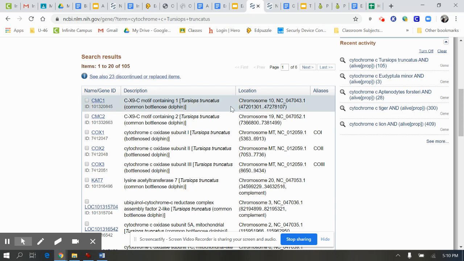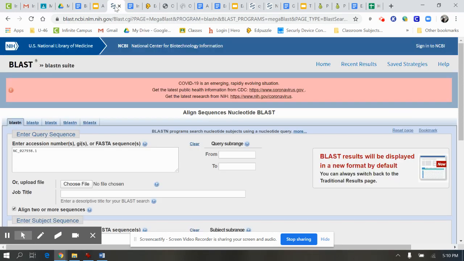And here we again have a bunch of other stuff. So I'm going to look, just always make sure it says what I'm looking for. Yes, bottlenose dolphin. Here's my code. I'll copy it, Control C. I'll go back to my